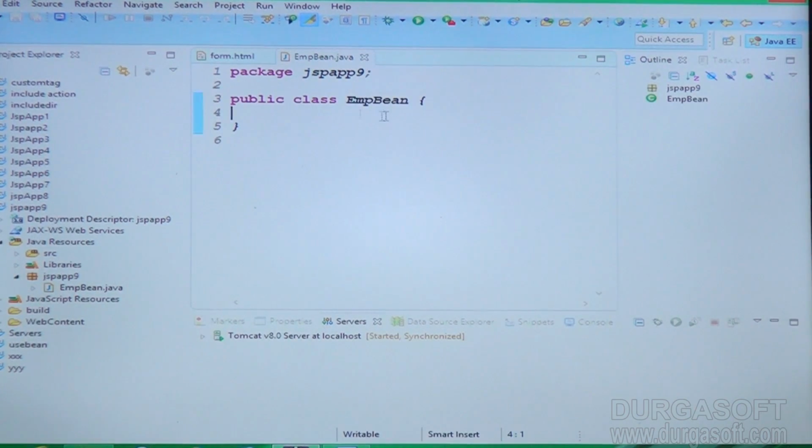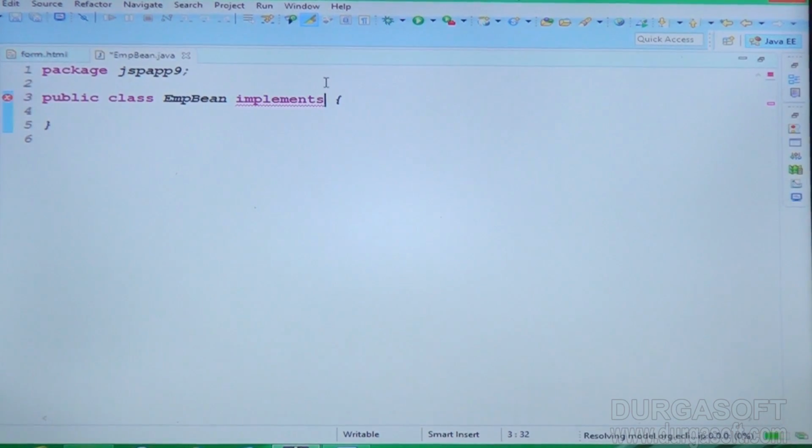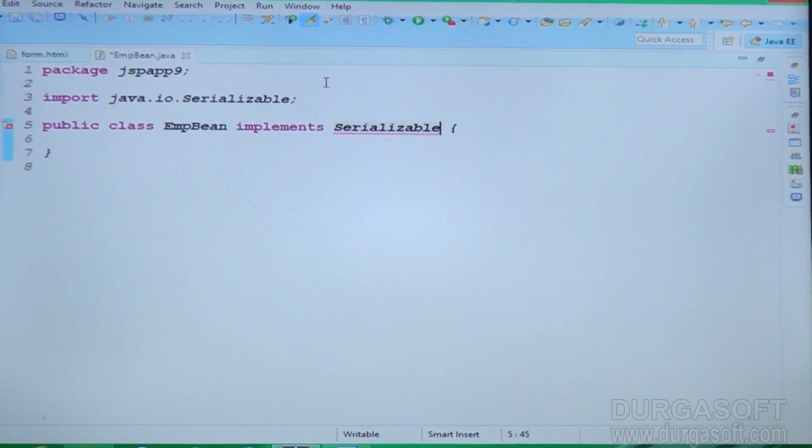So let me declare the EmpBean class. It implements, to support serialization, it has to implement the interface, the Serializable interface, right? Serializable interface to support the serialization process. I want private properties, right? The bean class contains private properties. So private,